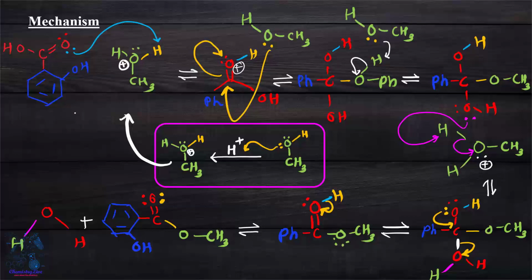For our convenience, I will show the phenol group in blue, and at the end we will restore it. Now from here we get a positive charge. Again the same mechanism is followed. It shifts here, so the carbon becomes electron deficient, and the lone pair attacks over here and makes a bond. After the bond formation, it also possesses a hydrogen. So again a methanol molecule comes into contact with it, and the lone pair of oxygen abstracts the proton from here, and the bond pair shifts to the lone pair of the oxygen atom. So this is the first intermediate, and this is the second intermediate.